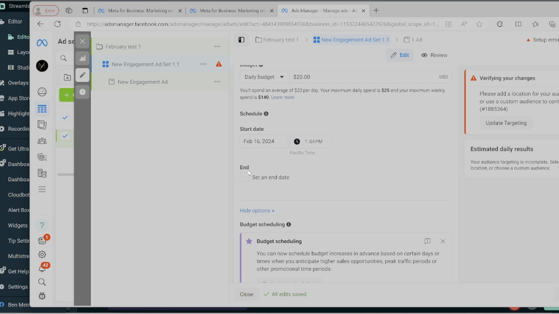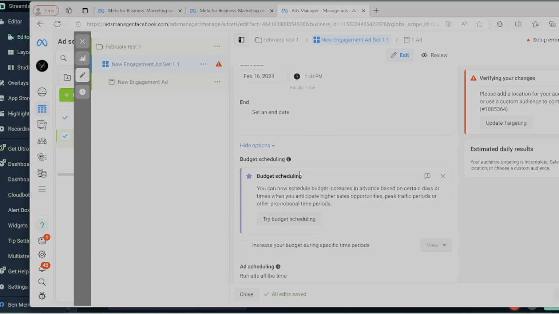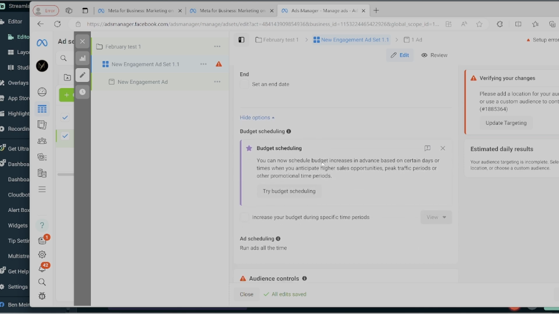What myself and most of the other really high performing, like $10 million plus media buyers will never check this, because what we noticed is that it seems like Facebook gives you a little bit less priority on your ads if you are approaching your end date. So let's say you ran an ad for 30 days. I mean, you could turn it off after 30 days, but if you use an end date, then a few days before, it seems like performance kind of drops a little bit. They're like, yeah, this guy's done spending his money in 3 days, so we're not going to impress him. But we'll come down to here.